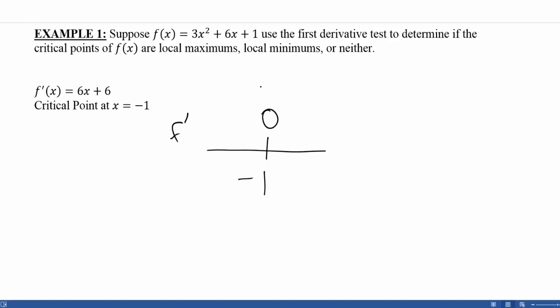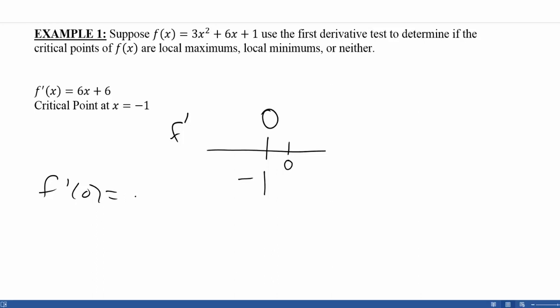So we know that at -1, our first derivative is 0. So we want to see what the sign is a little bit to the left of -1 and a little bit to the right. And again, we can pick any number to the left and any number to the right to test within our first derivative, but we want to pick numbers that are easy to work with. So when I pick a number to the right, I'm going to pick 0. 0 is to the right of -1 on the number line. When I plug in a 0, I get